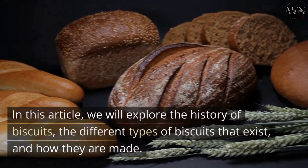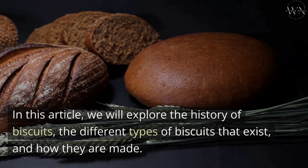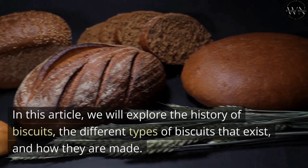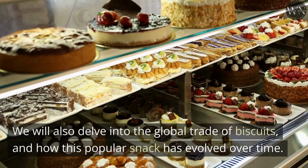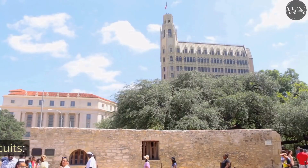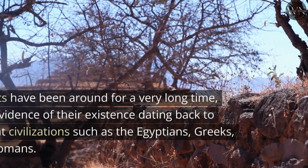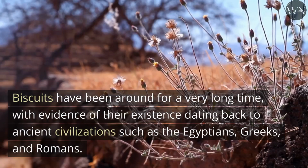In this article, we will explore the history of biscuits, the different types of biscuits that exist, and how they are made. We will also delve into the global trade of biscuits, and how this popular snack has evolved over time. History of biscuits. Biscuits have been around for a very long time, with evidence of their existence dating back